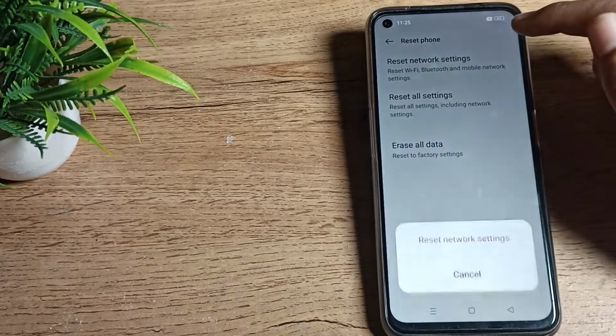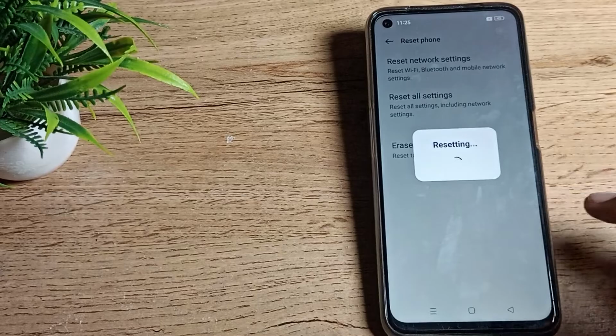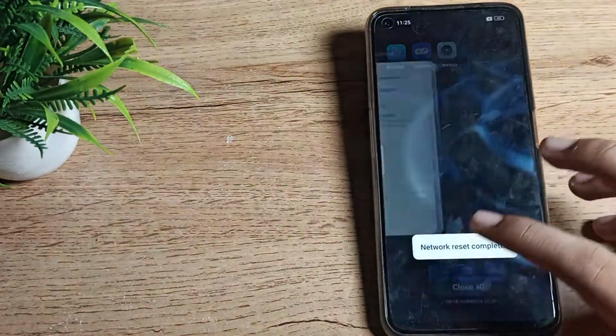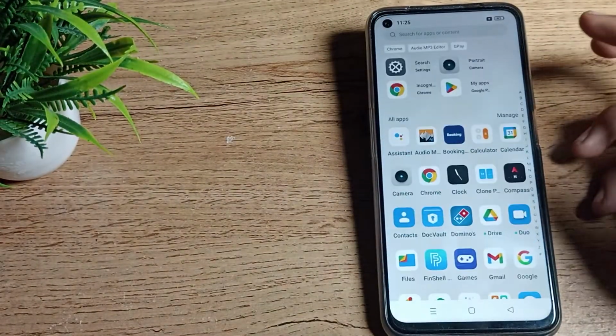So friends, you can see the Bluetooth setting. We will tap here to solve our problem. So your Bluetooth network problem will be solved in your Realme phone. After solving this problem, if you have your Bluetooth problem again,